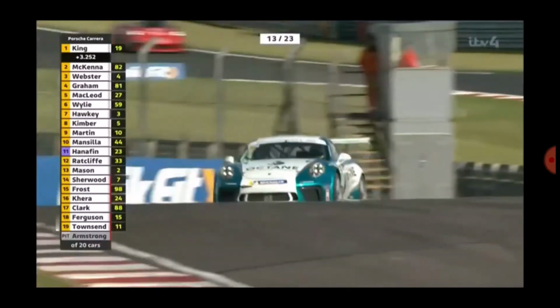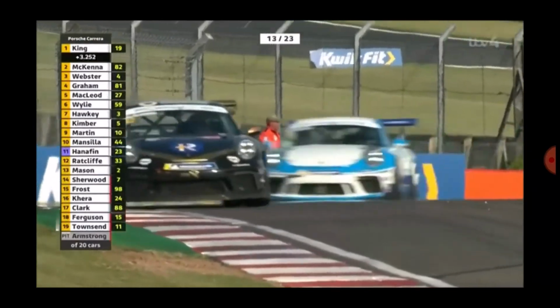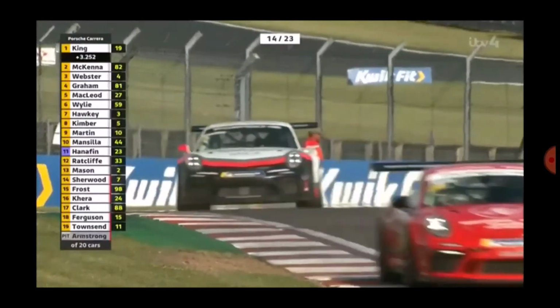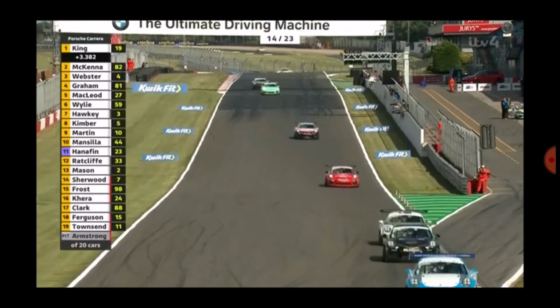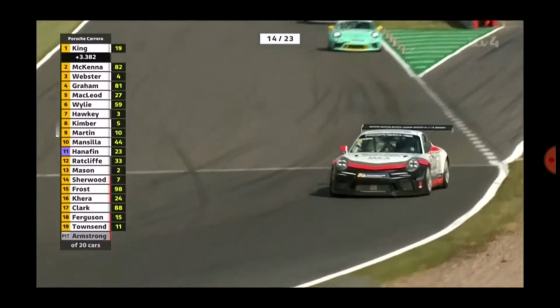Ball here, so it is worth persevering to get the mileage, to get more experience. Now another lap down as Harry King powers out of the chicane. Scott McKenna leading the rookie class. Harry King technically is a rookie, but as he is the Porsche GB scholar, he's not eligible for the rookie award. So he is as inexperienced as the official rookies, but it's Scott McKenna that leads that